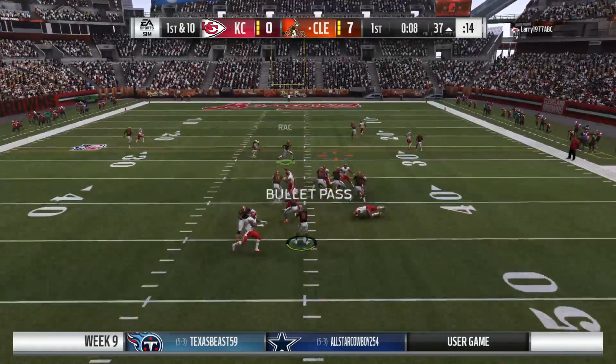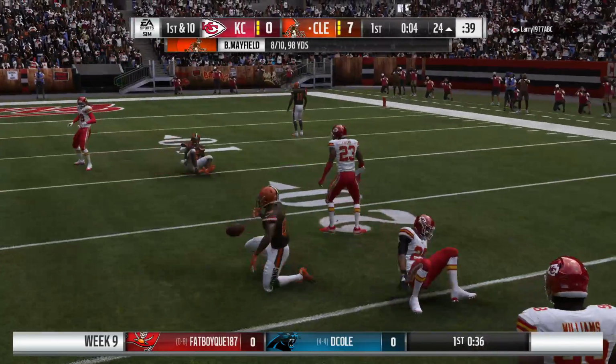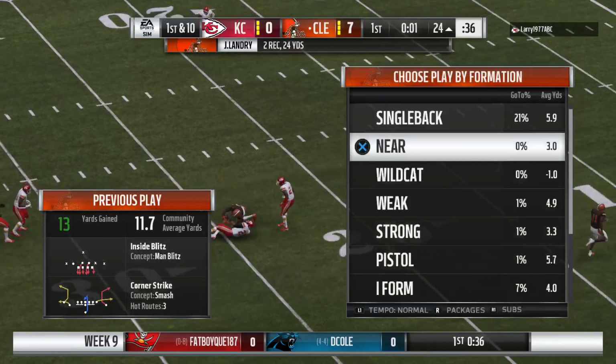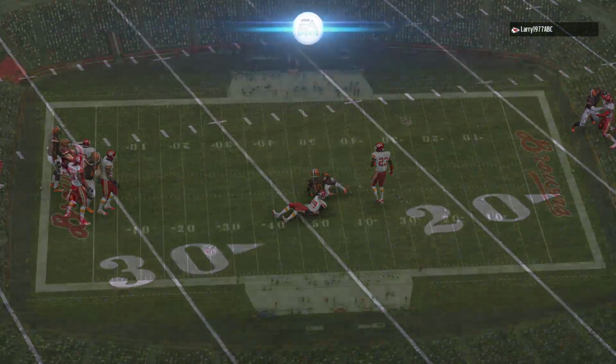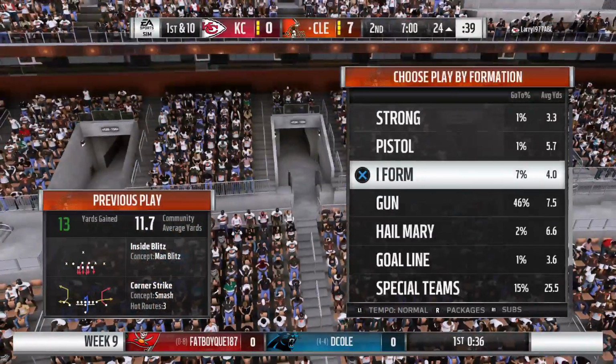On 1st and 10, Mayfield, and he rifles it, complete, caught by Landry, and brought down, but not before they're inside the 25. Another nice gain, 13 yards that time, and another 1st down. Back with Charles Davis, I'm Brandon Gaudin. The Browns